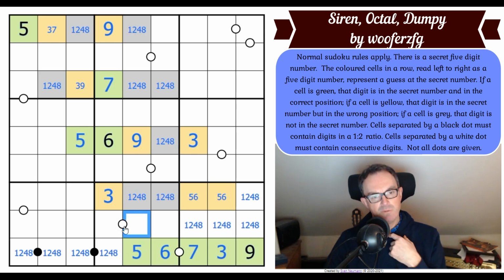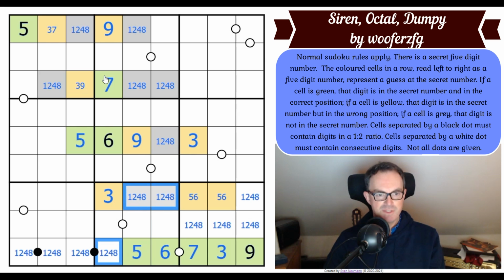So this white dot can't have a 1 on it now, because if it did, it would be a 1-2 pair, because of the consecutive nature that it would need to have, and that would make all 3 of those digits have to come from just 2 different numbers, which would be nonsense. Sudoku 6 goes here, and that looks like it's on a dot. Oh, yeah, this is beautiful. Okay, so this 6, which is here because the grey cells have to be 1, 2, 4 or 8, is now consecutive not with 7, it must be consecutive with 5. So there's a 5 in one of those 2 squares, a 5 in one of these 3 squares,